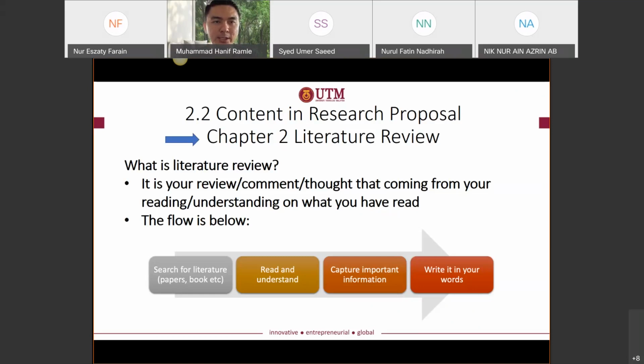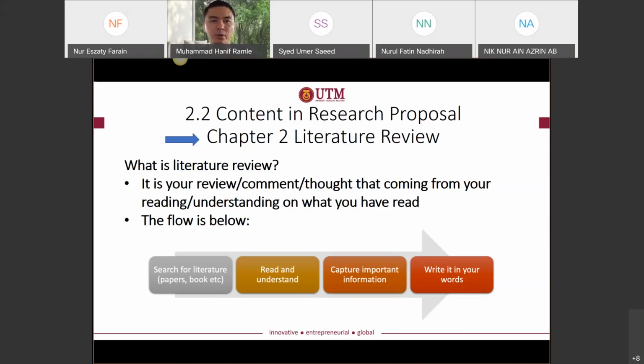Make sure your sentences in chapter 2 are not copy and paste. You have to rewrite them. Maybe some critical words or critical sentences cannot be replaced. But please make sure that plagiarism does not happen in your writing.